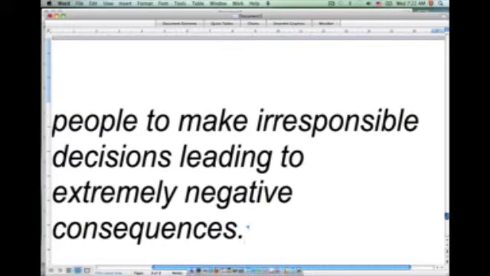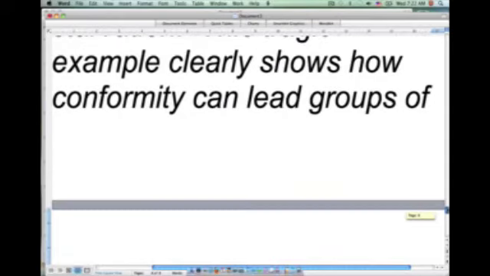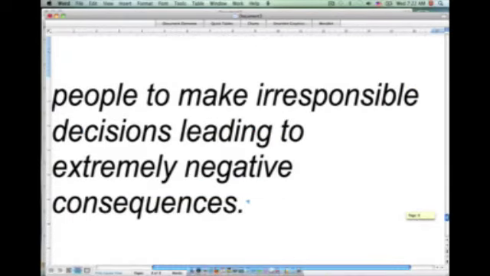Okay, just review that, make sure it links this together. This tragic example clearly shows how conformity can lead groups of people to make irresponsible decisions, leading to extremely negative